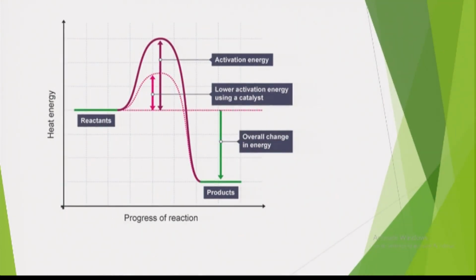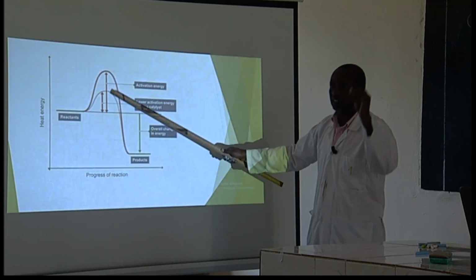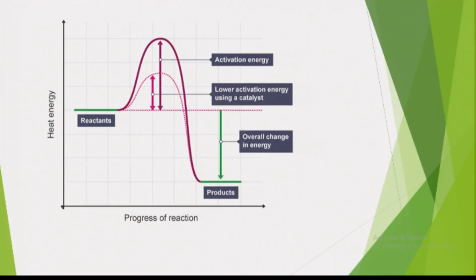The effect of catalysts on the activation energy can be analyzed on this graph. I just want you to look at this graph properly. This is a reaction profile for a certain reaction. It is showing the reactants here and the products produced here. So this is the amount, this is the activation energy. That is for every reaction. Each reaction has got its activation energy. That's why reactions occur at different rates. At the beginning, we said there are some reactions that take place slowly, others are very fast, others are instantaneous,